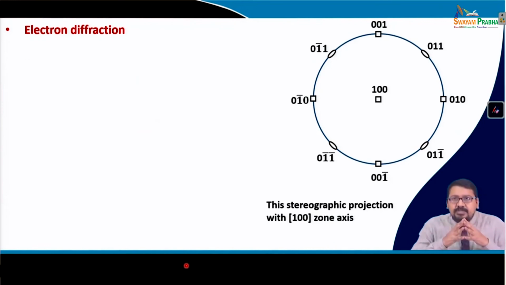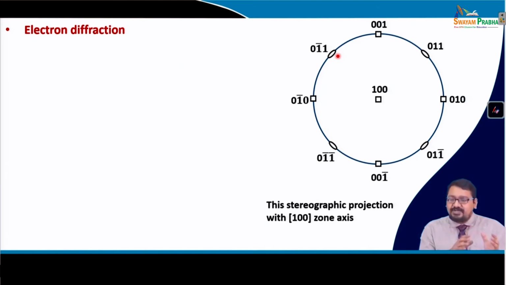So, let us start with electron diffraction. We all know that when an electromagnetic radiation is diffracted by the presence of periodic lattice arrangement in a crystal structure, what happens is that if the zone axis, basically the direction at which the electromagnetic radiation is moving, is 100, here is the figure, then the positions of the poles, other important Miller indices poles, are positioned in such a way that they are on the surface of a sphere, which is basically a stereographic sphere which is being projected in the form of a two-dimensional circle, which is known as a stereographic projection, and